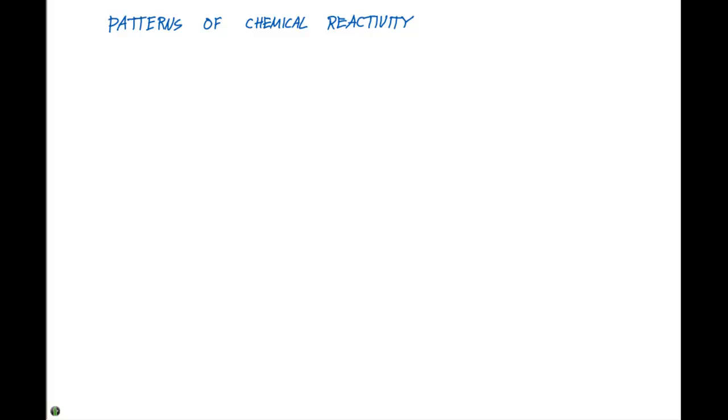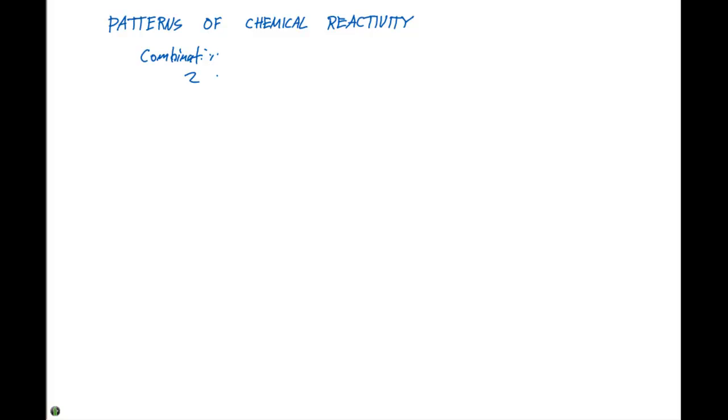In this section, we're going to analyze patterns of chemical reactivity. There are three types of reactions that we're going to analyze. First, combination reactions. Second, decomposition. And third, combustion. So, in a combination reaction,